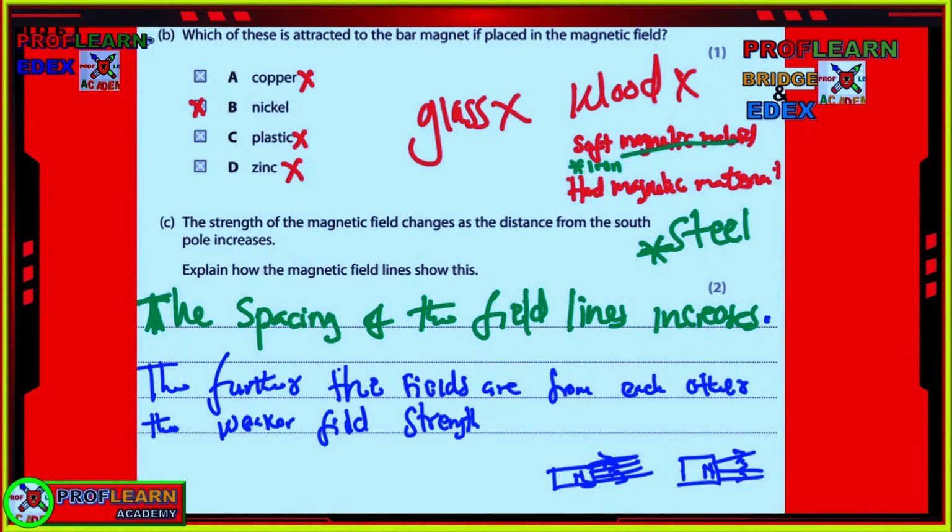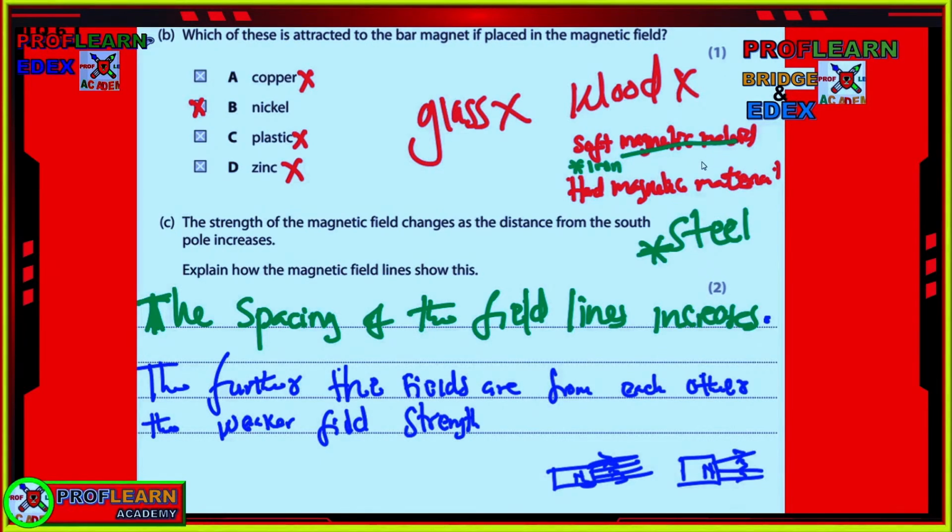Now, which of these is attracted by bar magnets? Remember, those materials which are attracted by magnets are called magnetic materials. So nickel is one of the magnetic materials, plastic is non-magnetic, zinc is non-magnetic, copper is non-magnetic, wood is non-magnetic, glass is non-magnetic. You need also to understand, as you are going to your exam, that